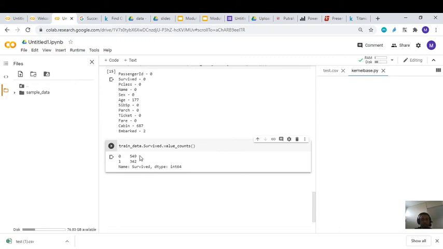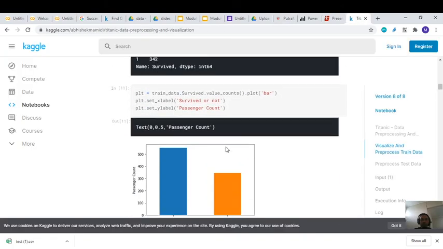So the number of people who survived is 342, and the number of people who died is 549. Okay, and after that you can also use matplotlib.